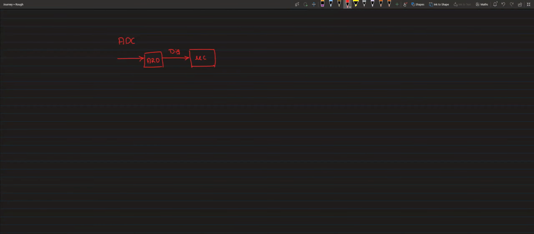So one of the popular ADC chips is ADC 0804. Basically, it works with plus 5 volt and has a resolution of 8 bits. When I say 8 bits, it means if my voltage is from plus 5 to minus 5 volts,